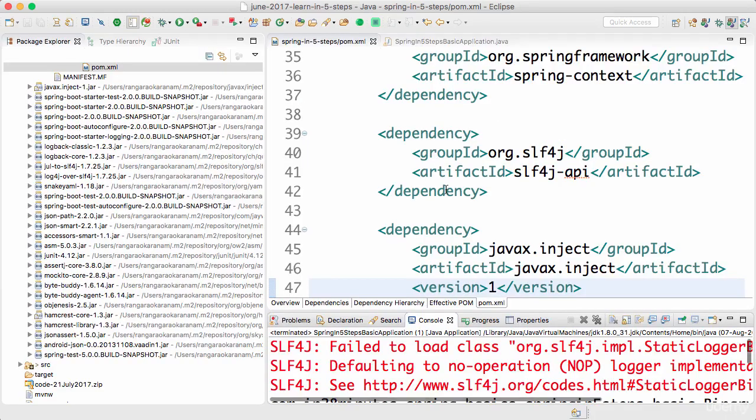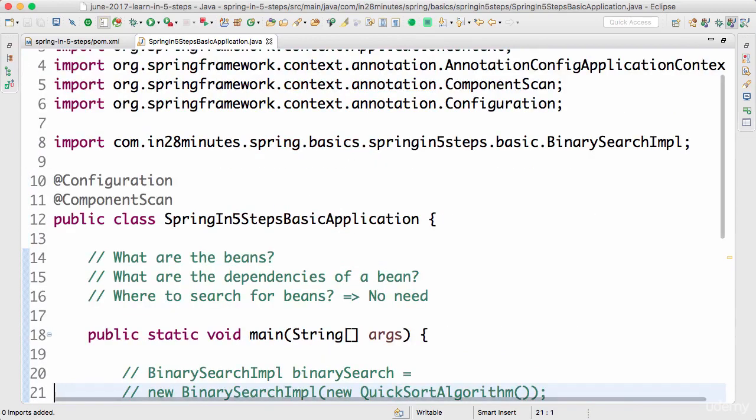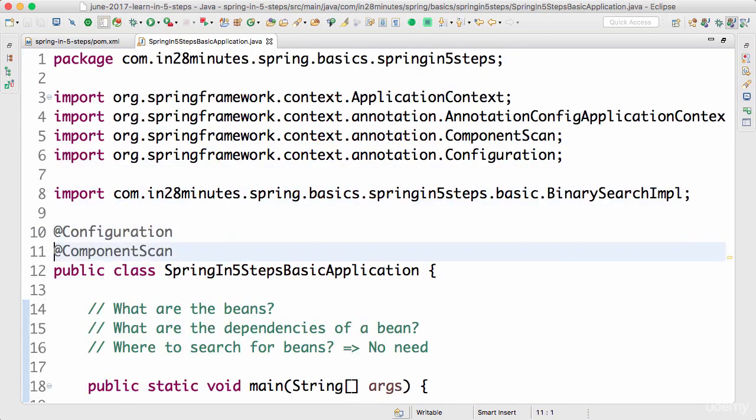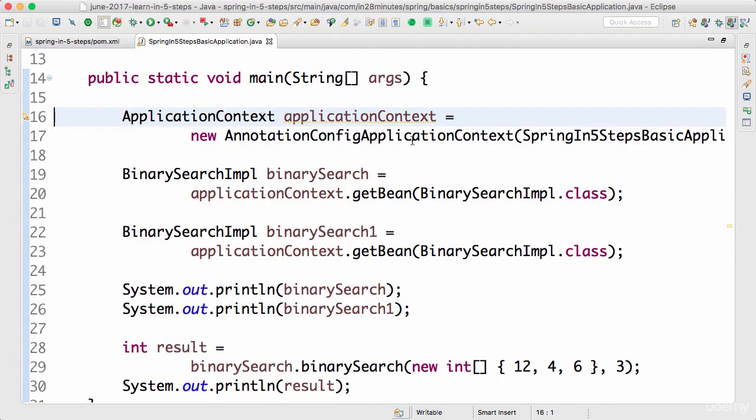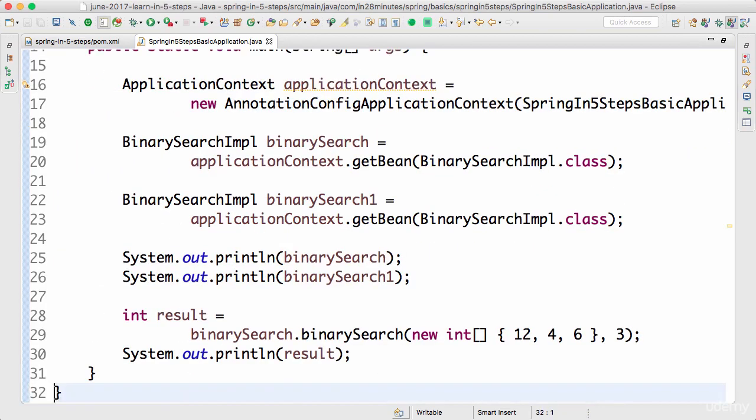So in this specific example that we have right now, we are not using Spring Boot at all. All that we are doing is making use of basic Spring. The things which we have added in are @Configuration. @Configuration defines that this is a Spring configuration. In Java, if you want to define a Spring configuration, you use the annotation @Configuration. @ComponentScan defines that this specific package needs to be scanned for components. The other thing which we have done is use AnnotationConfigApplicationContext to create the application context. And after that, the things remain as they are.